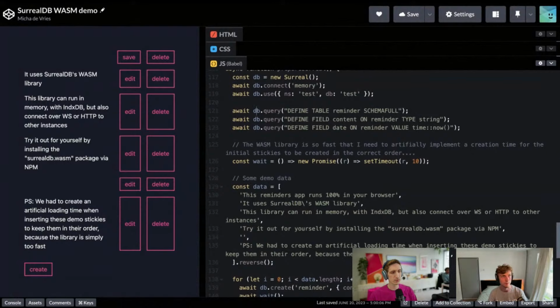But there is an amazing PR open by Mace, who just joined SerialDB. He is implementing fetch right now into the JS runtime, which is going to be pretty cool, to say the least. So there will be many more things coming to the JS ecosystem within SerialDB in the near future, which will make it a real game changer.